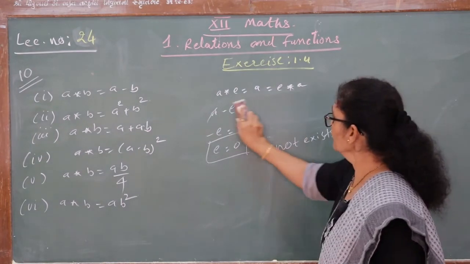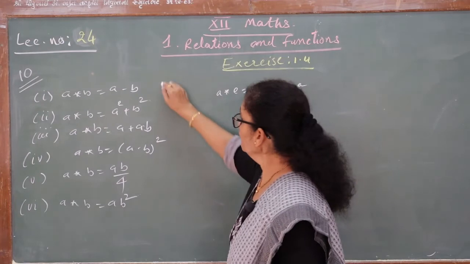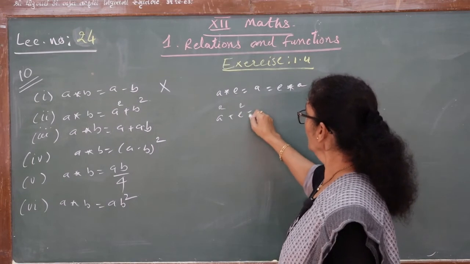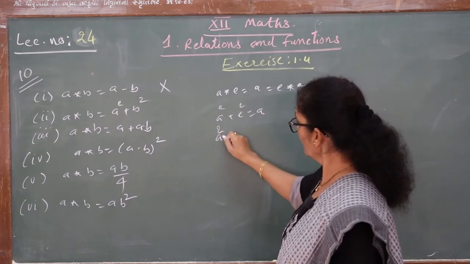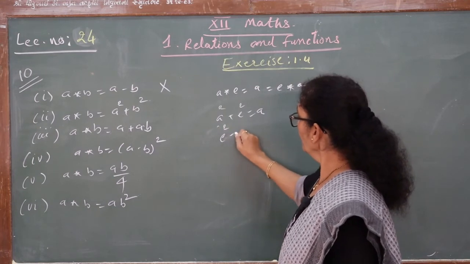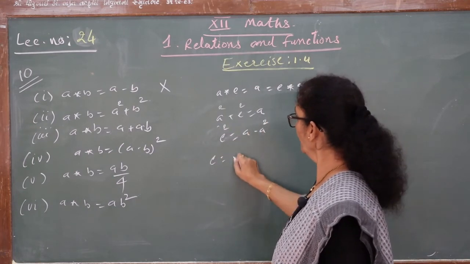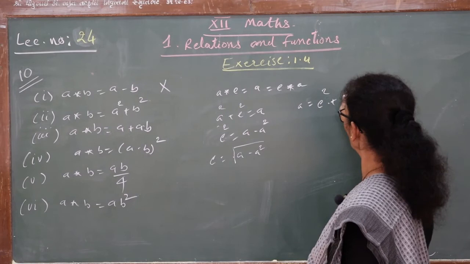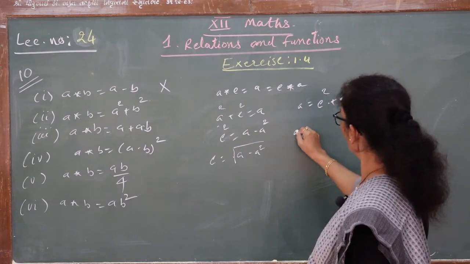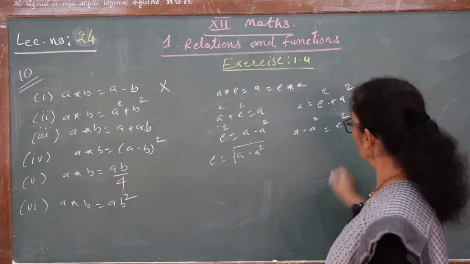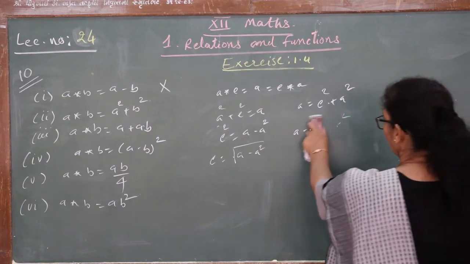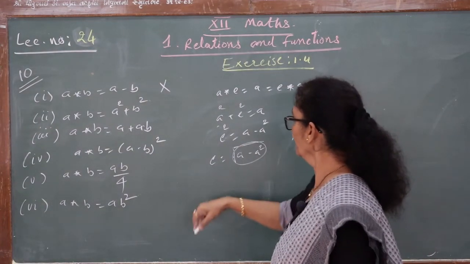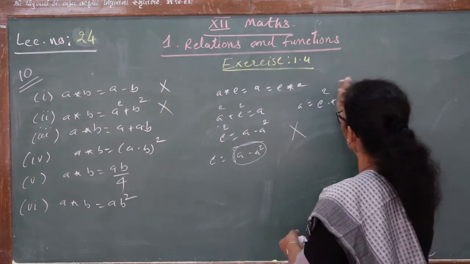Same thing. Let's come to the second. So what have we proved? In the first one, no identity element. Here, second question: a square plus e square equal to a. So a square minus e square equal to a minus a square, and e equal to under root of a minus a square. Similarly, e square plus a square, so you get a minus a square equal to e square. Again different. So this way we cannot find the identity element. In the second question also we are getting a term with e only, so we are not getting the identity element.